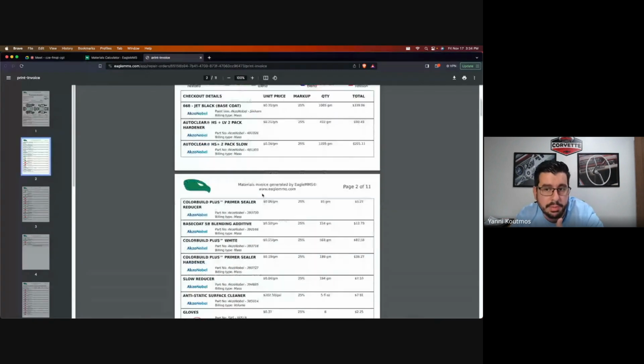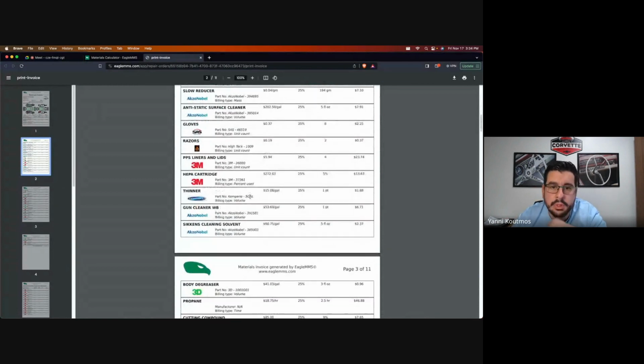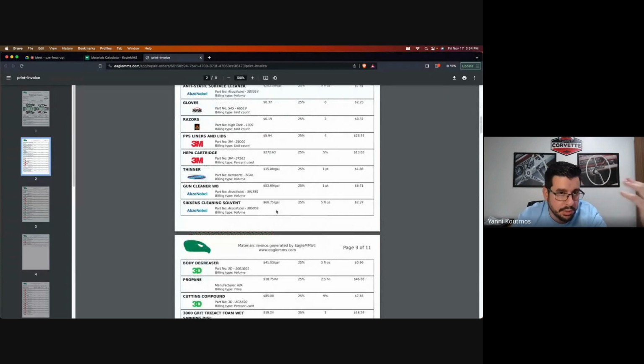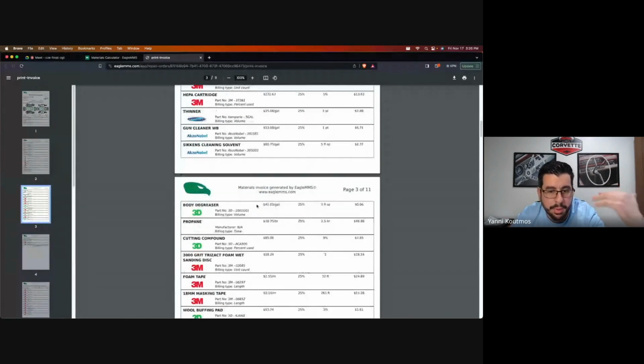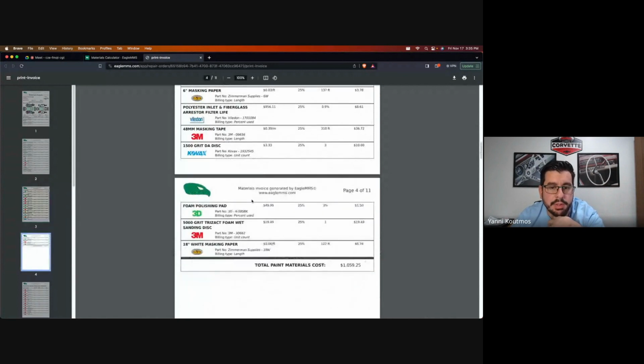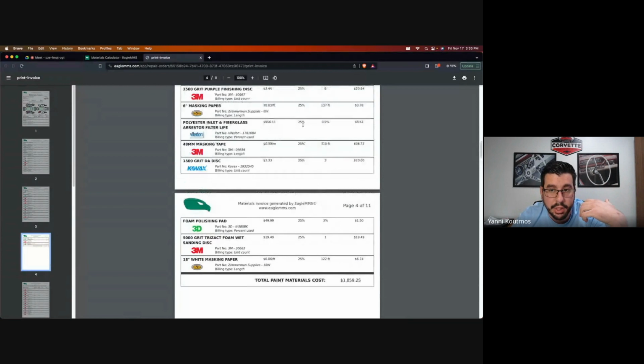So my primers, my sealers, my clears, activators, reducers, gloves, razors, so fluids and non-fluid paint materials is what I call them. Propane burn on my booth, degreasers, masking tapes, masking papers, cutting and polishing compounds and pads, degradation on my booth